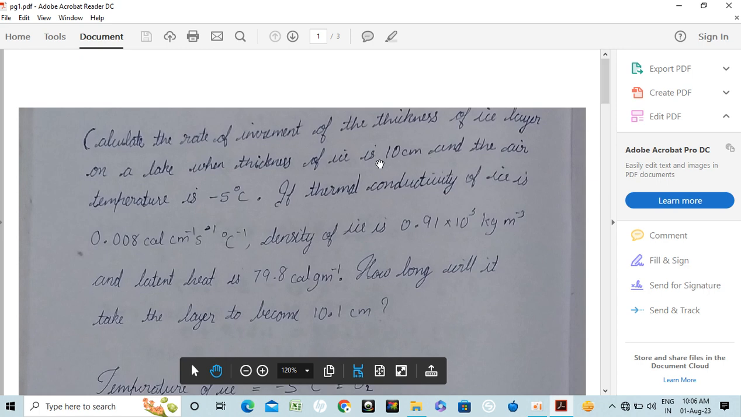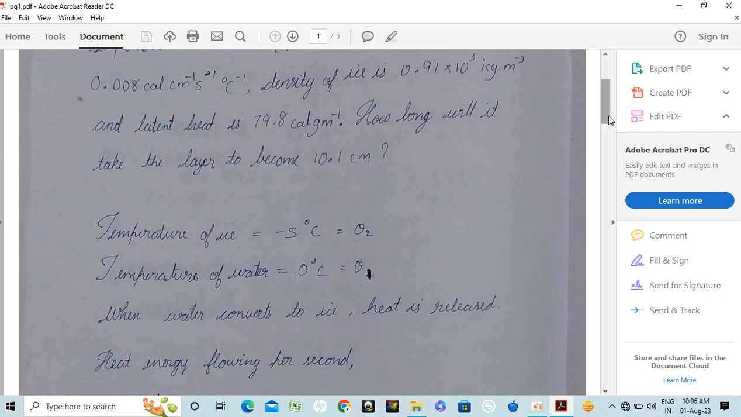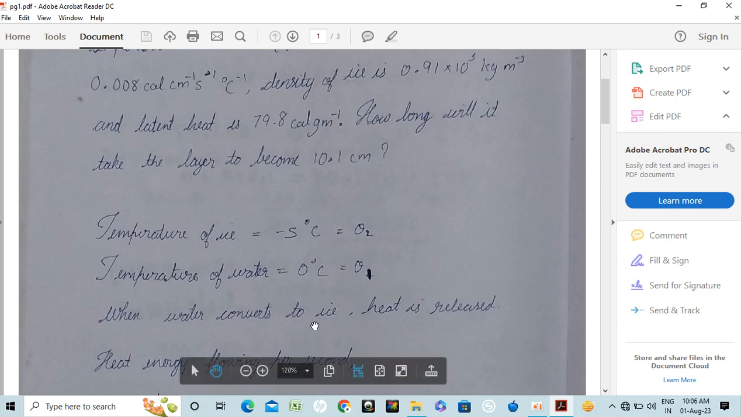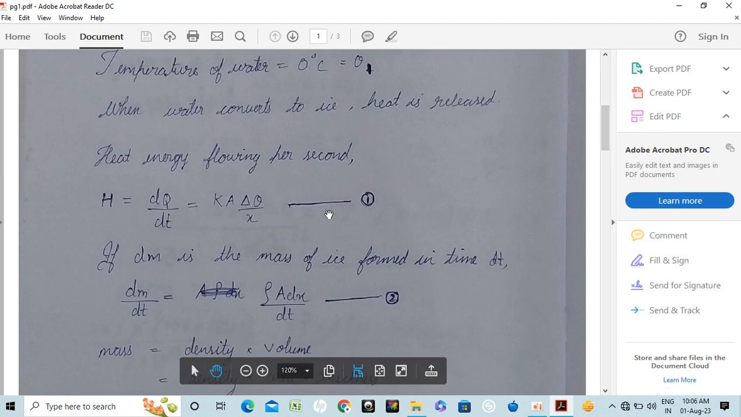So we have to find the rate of increment of the thickness of ice layer and also the time taken for the ice layer to grow from 10 centimeters to 10.1 centimeters. The temperature of ice is given, it is minus 5 degrees Celsius. Let it be theta 2, and the temperature of water, of course we know it is 0 degrees Celsius, let it be theta 1. When water converts to ice, heat is released, so the heat energy flowing per second is denoted by